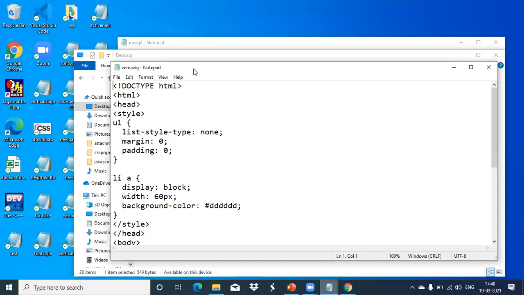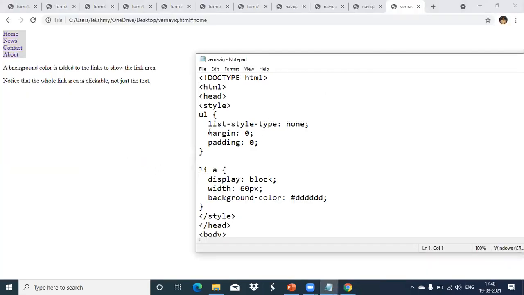So what we have done is list style we have set to none. Margin is 0. Padding is 0. Now for the list link, display we have set to block.